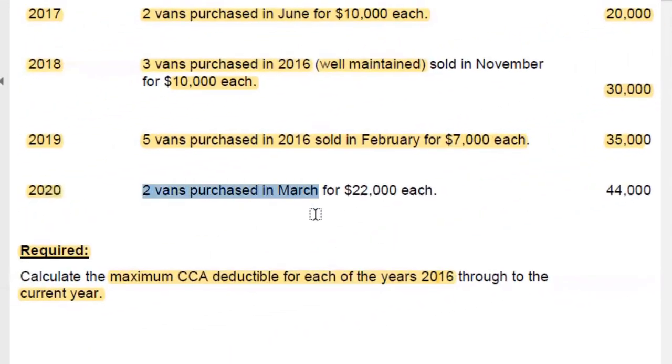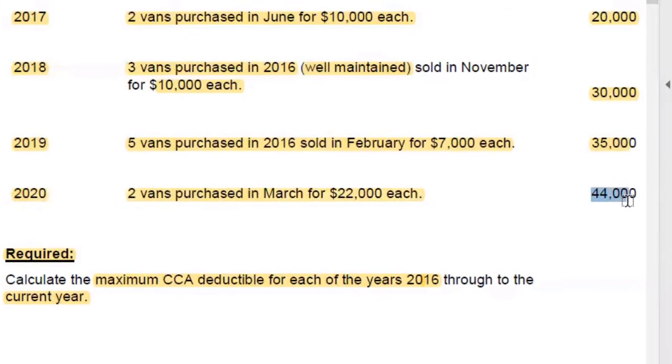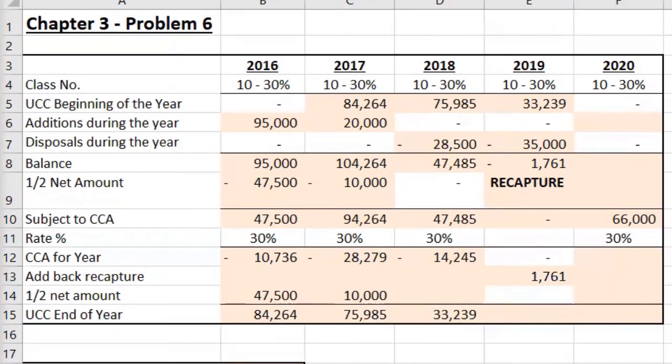2020, 2 vans are purchased for 22 grand each. What the hell is with these vans? They're $9,500, then they're $10,000, and all of a sudden they're $22,000. Okay, they're super awesome vans. So there's additions of $44,000. You know what to do. Let's go do it. So first up, we have 0 balance opening of UCC in class 10, 2020, because everything's